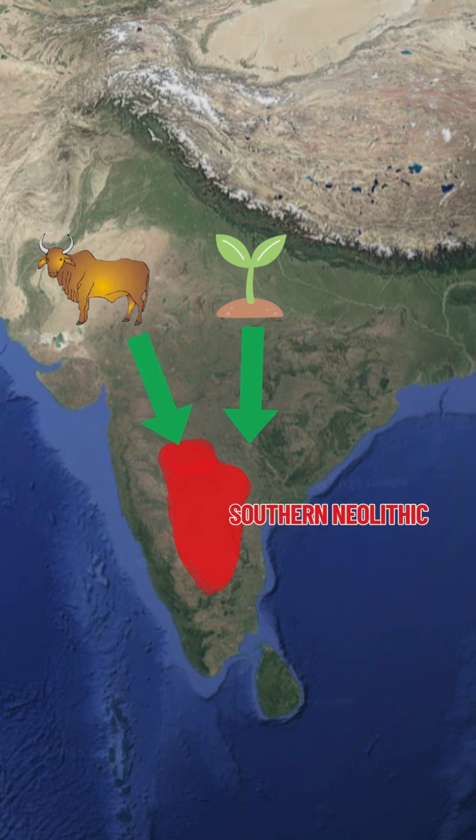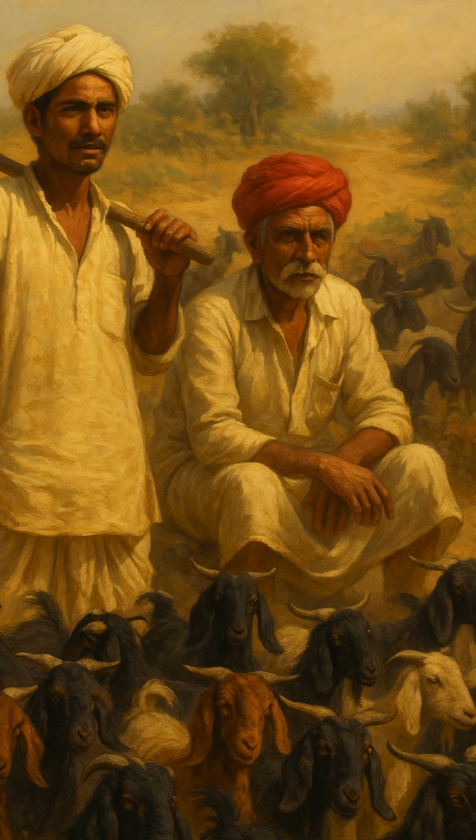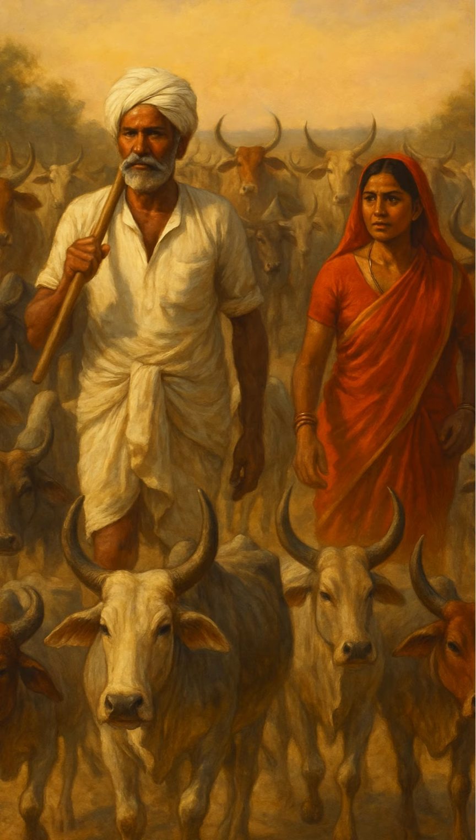Start with pastoralism, which was introduced from the north to the region at around 2500 BC. This included the herding of sheep, goat, and zebu cattle, and in fact the zebu cattle was the central animal to the southern Neolithic people. In addition to the plethora of rock art and terracotta figures we find of cattle, we also have evidence from